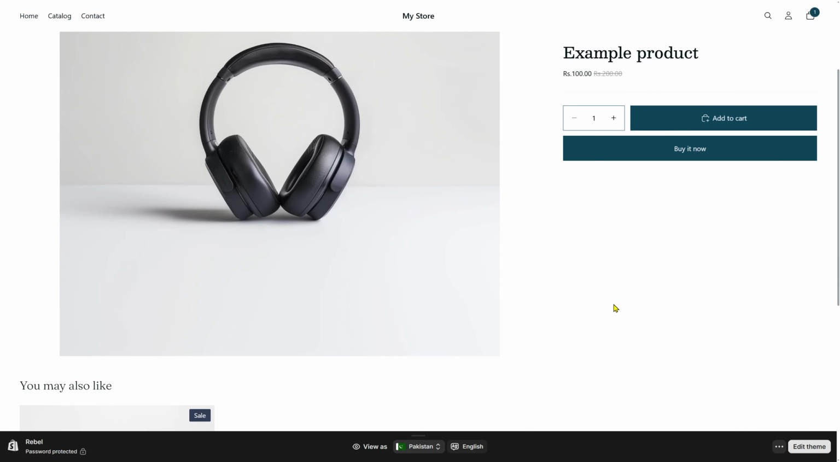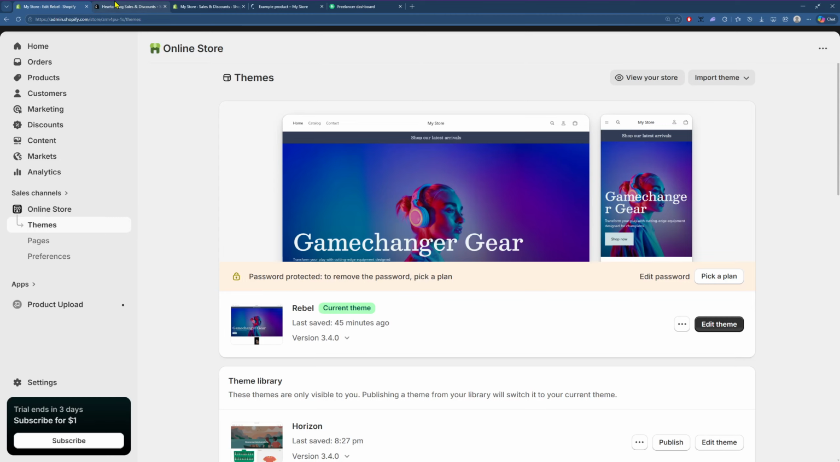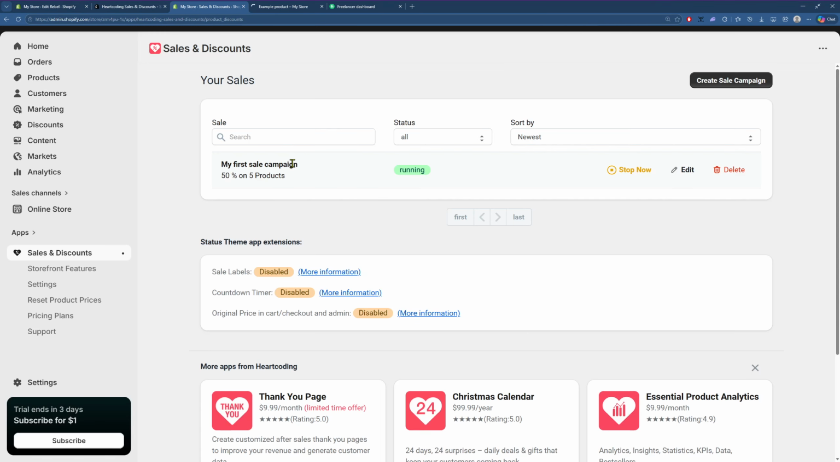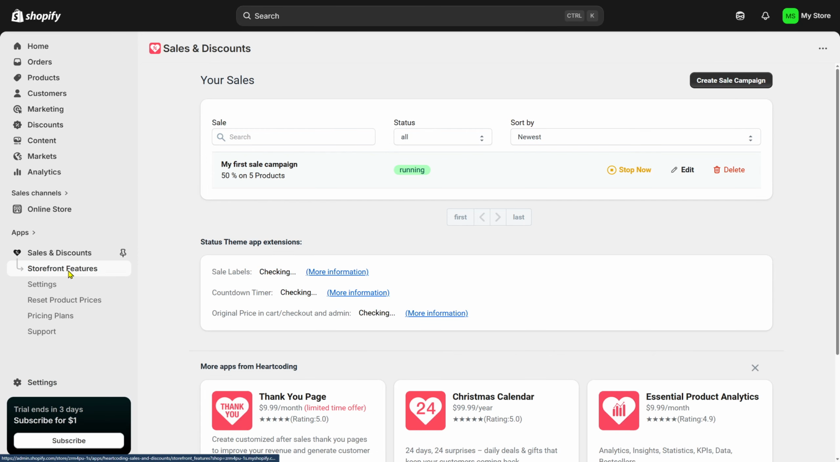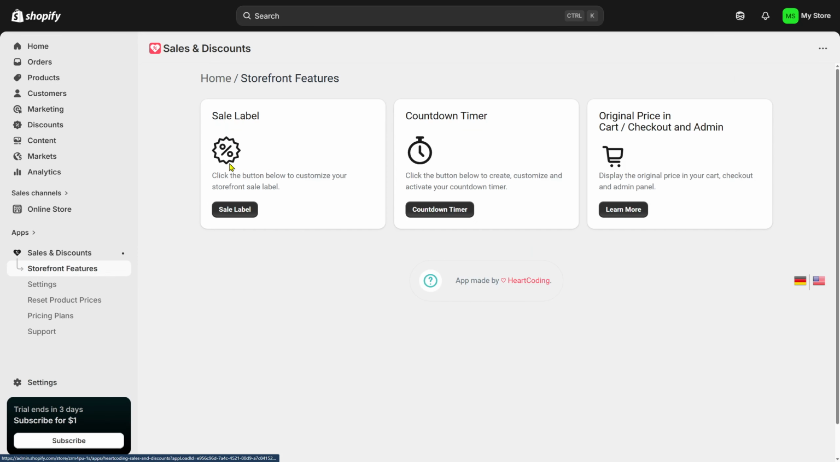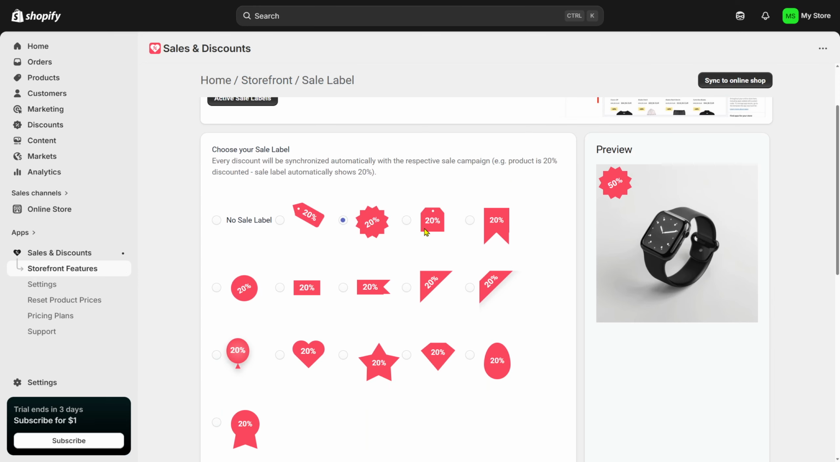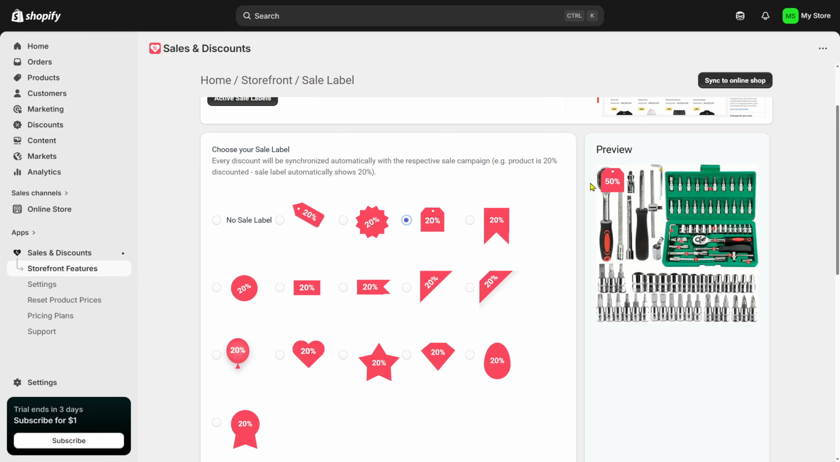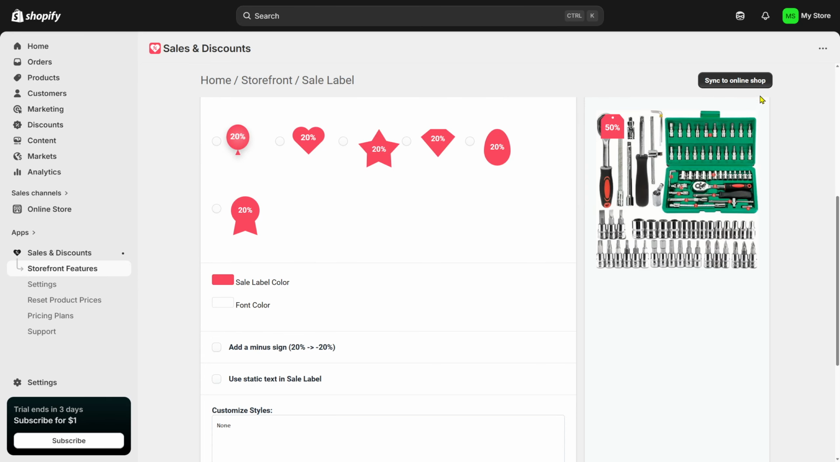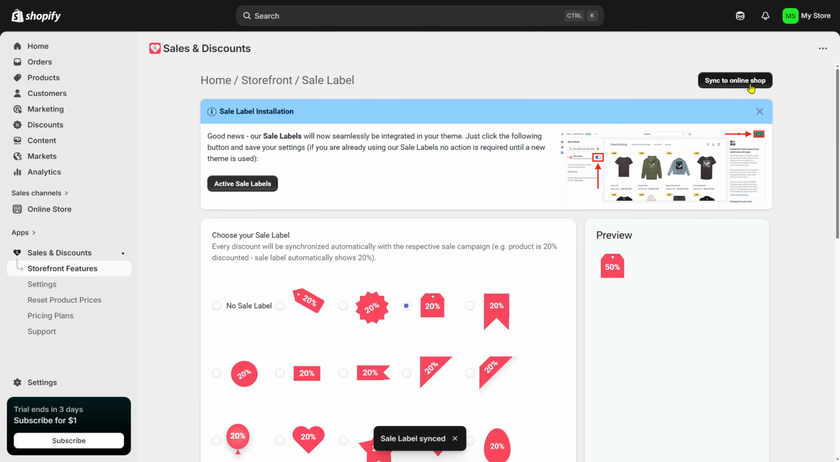Now to add a badge, you can also head back to the page. Let me just show you. You can see currently it is running with the sale, but if you want to have some more storefront features, like for example the label, click on sale label and add in here just like that. So yeah, this is how it is going to be looking, 50%, and you can click on sync to online shop,